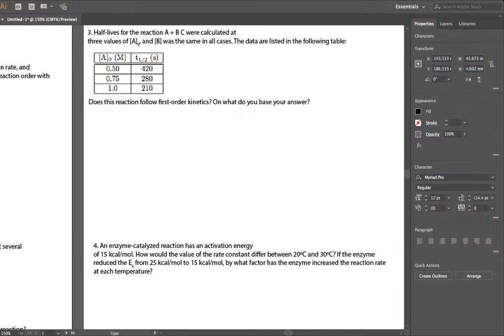Half-lives for the reaction A plus B to C were calculated for three values of A naught. The initial rate for A would be 0, and B was the same in all cases. The data are listed in the following table. Does this reaction follow first order kinetics? On what do you base your answer? Okay,